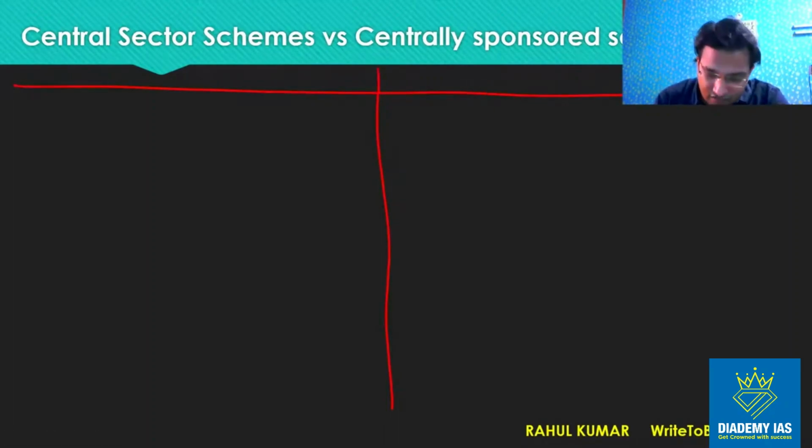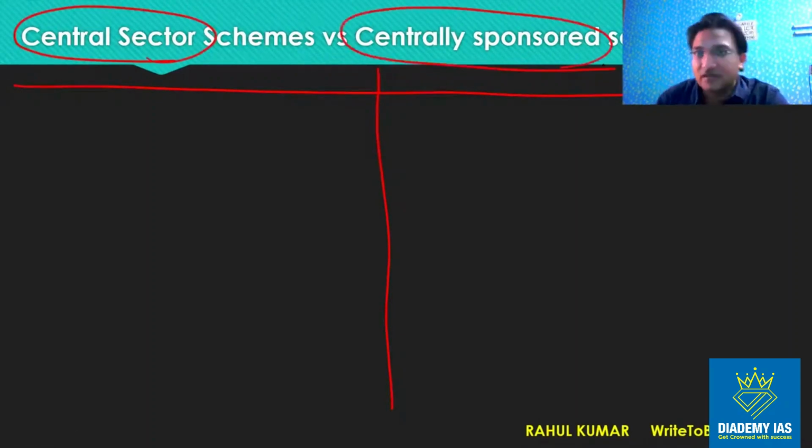One is central sector schemes, another is centrally sponsored schemes, right? So these are the two categories. Central sector schemes are 100% center funded. So 100% of the fund is coming from the center. Centrally sponsored schemes,